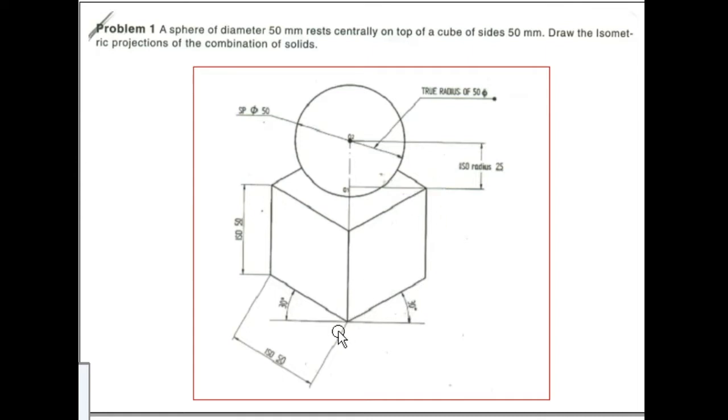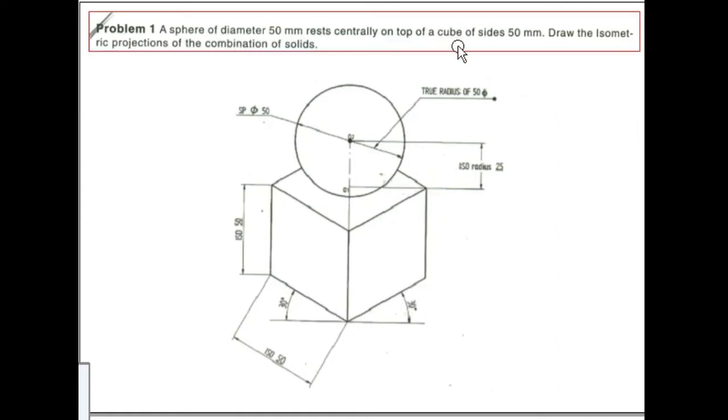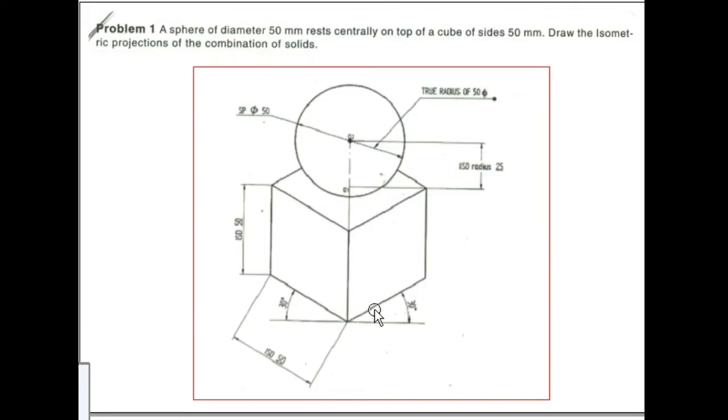The cube given is of 50 mm side, so the cube has all sides of 50 mm length. To represent it on the isometric scale, a length of 50 into 0.816, that is 40.8 mm, has to be drawn on all the sides. It is not 50 mm, because 50 mm is the true length. To represent the view in isometric scale, the true length has to be reduced to 0.816 of the true length. So 50 into 0.816 gives 40.8 mm.